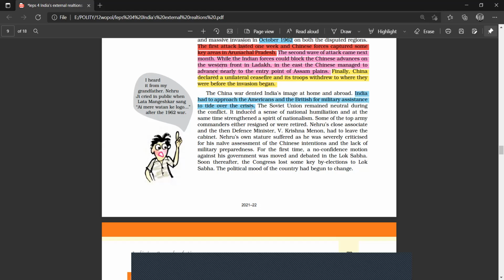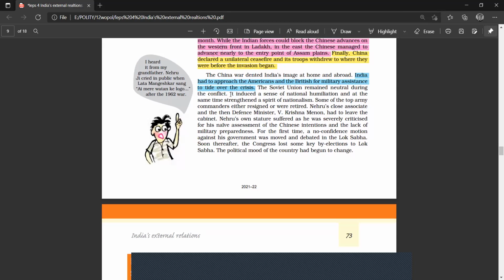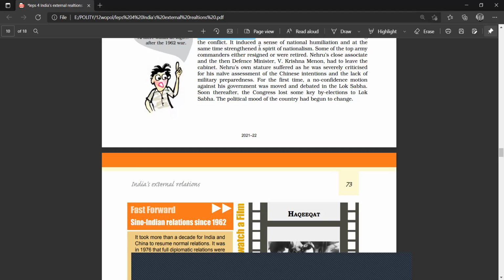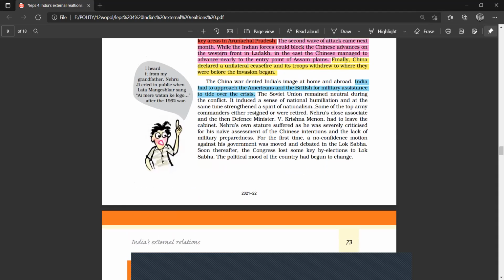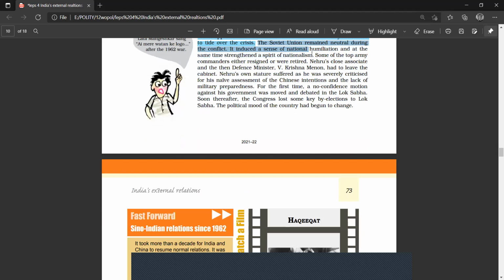So here we are asking for aid and military intelligence. The Soviet Union remained neutral in this conflict. So you can understand that we, however, supported the Soviet Union, but the Soviet Union was neutral at this time. It induced a sense of national humiliation, and at the same time strengthened the spirit of nationalism. So one thing we can all understand is that when a disaster like this happens, the whole country is